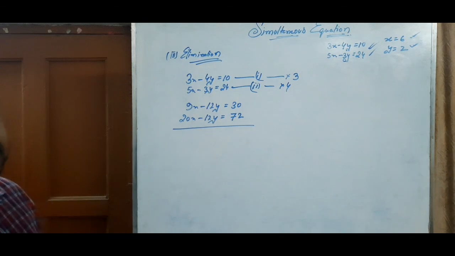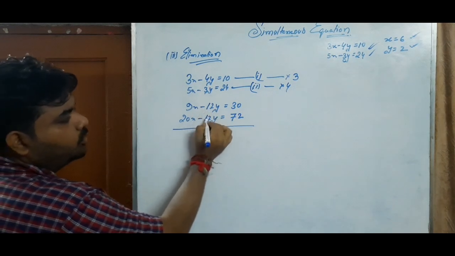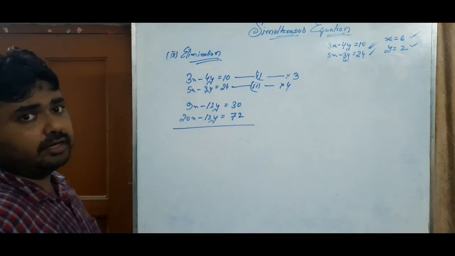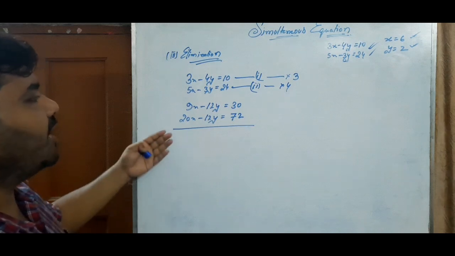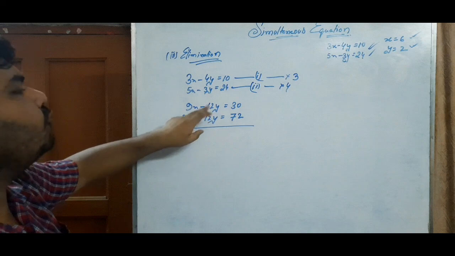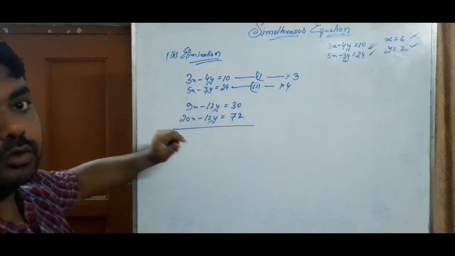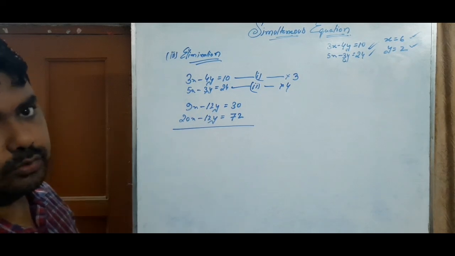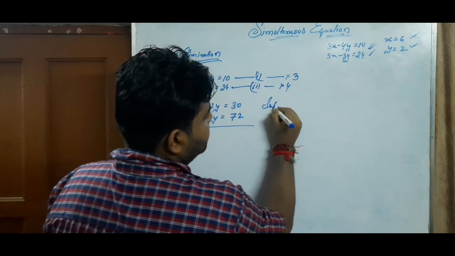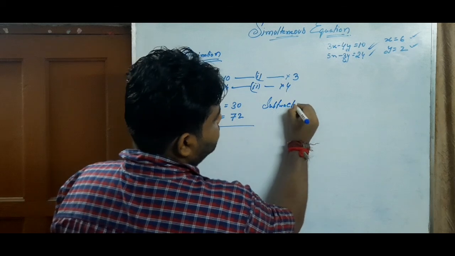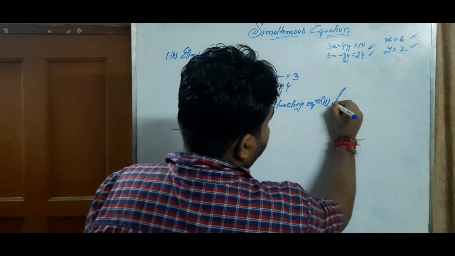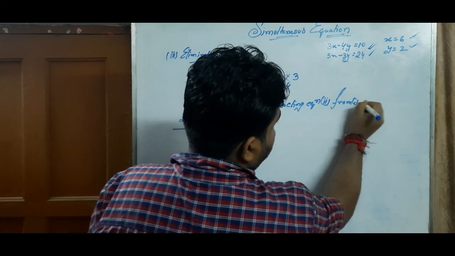Why will we subtract this? Because the sign of the coefficient of y in both is the same, so we cannot add to eliminate. To eliminate, we have to subtract. If the signs of y in the two equations were different, we would have to add those two equations. Now we will subtract, subtracting equation 2 from 1, we get